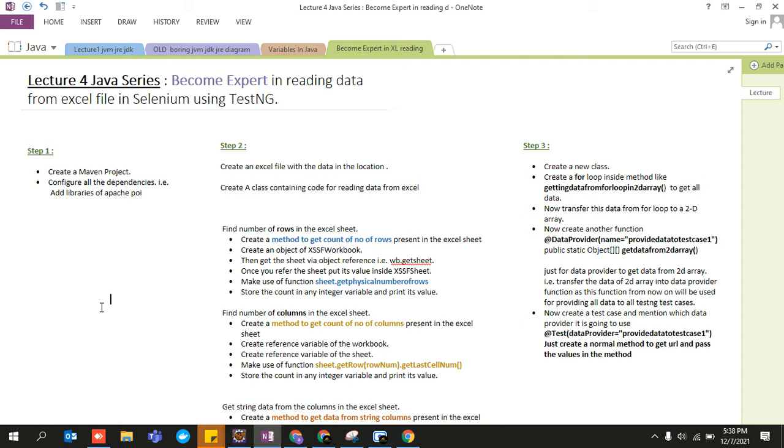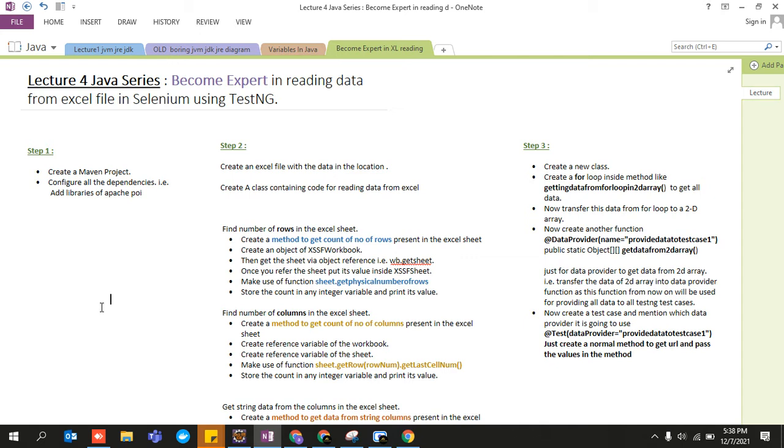And I do not want all the freshers, or even the experienced guys of 2 to 3 to 4 years who are making use of this stuff, reading data, to learn it by heart. Just try to understand, and at the end of the lecture, I not only guarantee you, I double guarantee that in your entire life, even if somebody asks you to write the code in an interview, you would be able to do that.